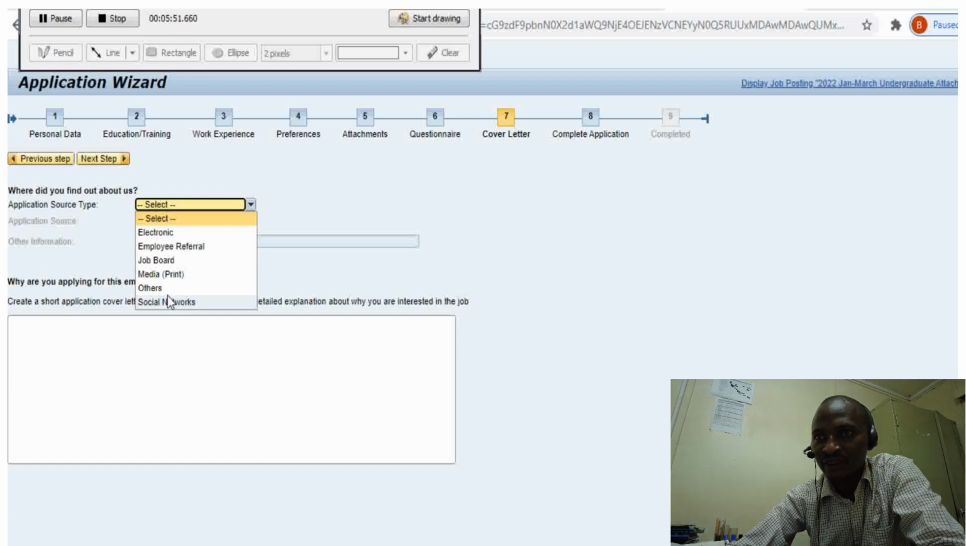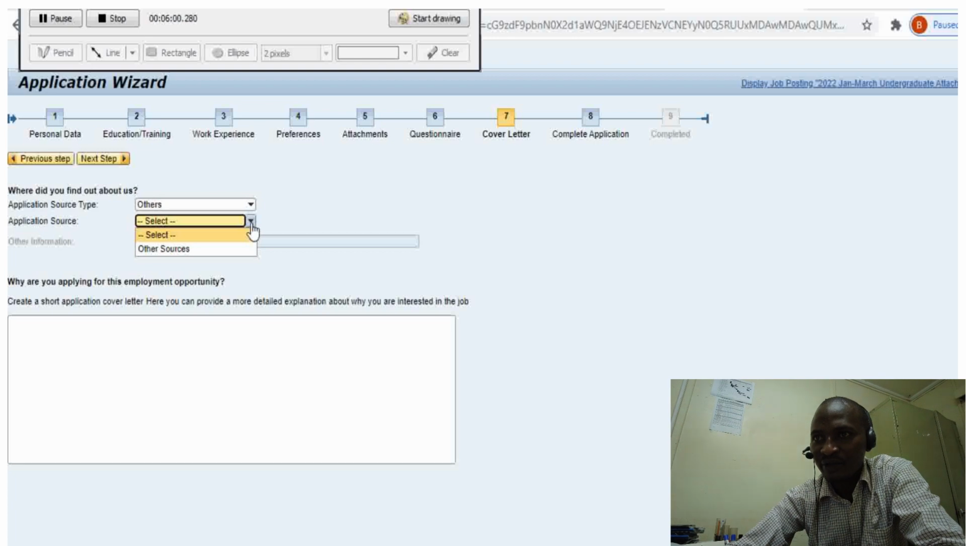So you have said you heard it maybe from the channel, or other sources. Why are you applying for the attachment? Why are you applying for this employment opportunity? You create a short application cover letter here that can provide more details about why you are interested in the